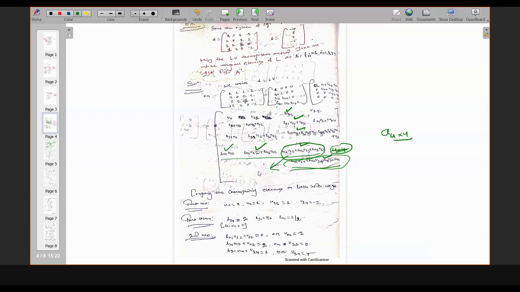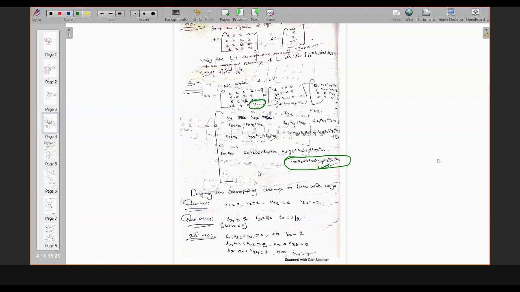So this element is a43. That means row number 4, column number 3. Okay, so now you only need to compare these elements. So these elements in the fourth row should be compared with the corresponding elements on the left hand side, that is a-1.